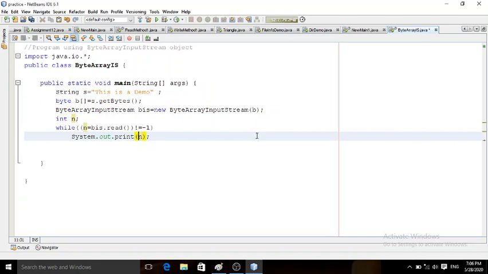This n is in integer format. What can I do? I can convert it to character format by using explicit conversion, typecasting. So I can convert this to char.